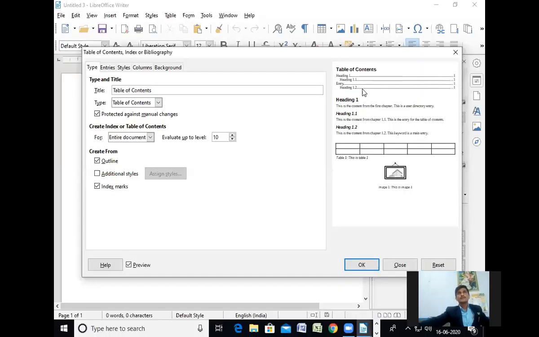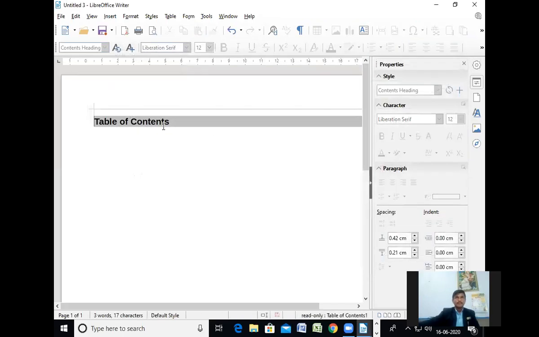Okay, now see Heading 1, Heading 1.1, Heading 1.2. All these things you will get here. Once you click on that, you will get one table in front of you. See, the table of contents. But I have not written any headings. If you want to write any headings, we have to go again into that. Now you have to apply a character style. Then what to do? Be sure, first point, be sure.